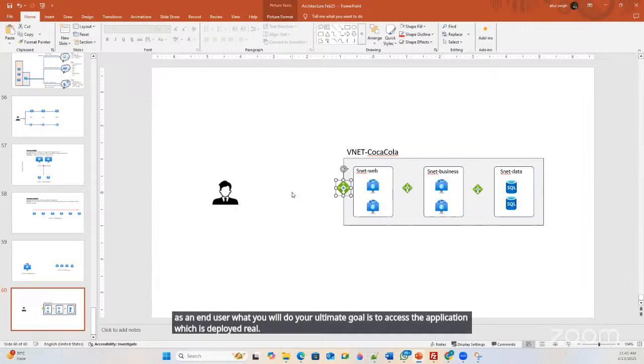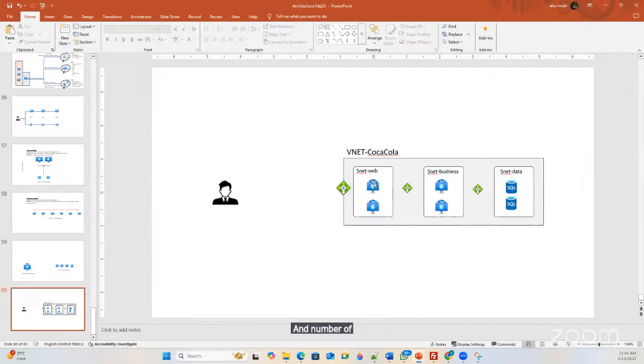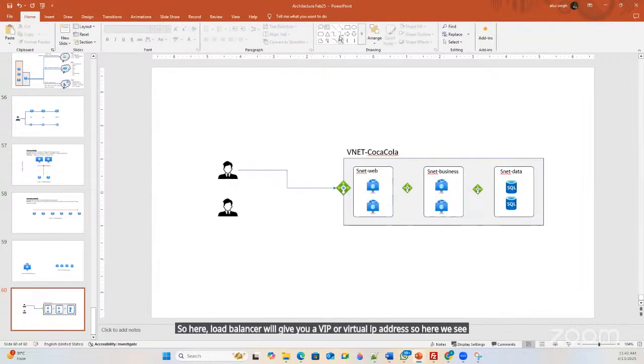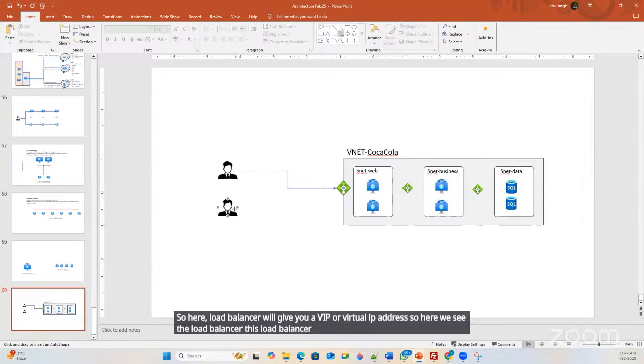And number of instances can be anything: 2, 10, 20, 100. So as an end user, I'll suggest you request the load balancer. Here the load balancer will give you a VIP, or virtual IP address. So here this is the load balancer. This load balancer will give you a virtual IP address, and this virtual IP address will be common for all